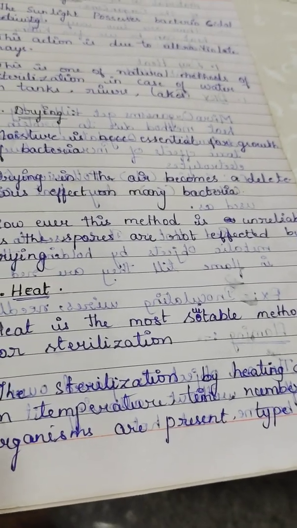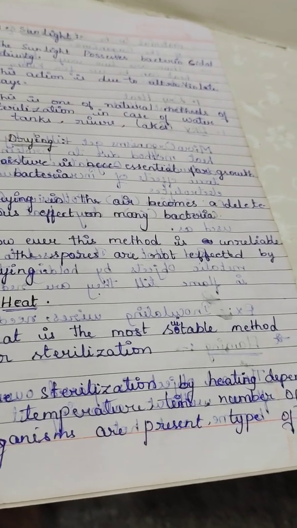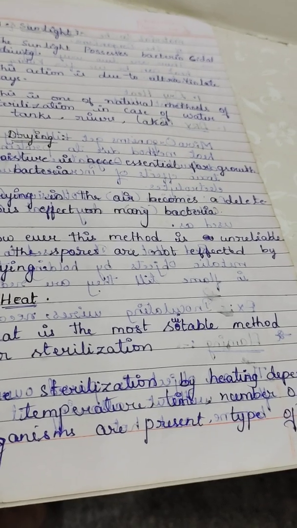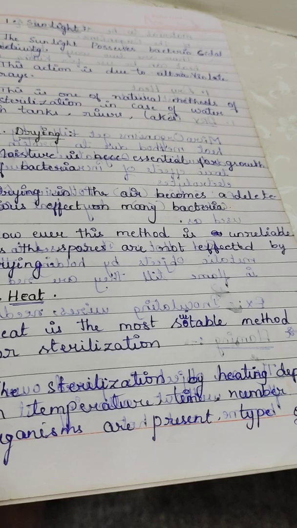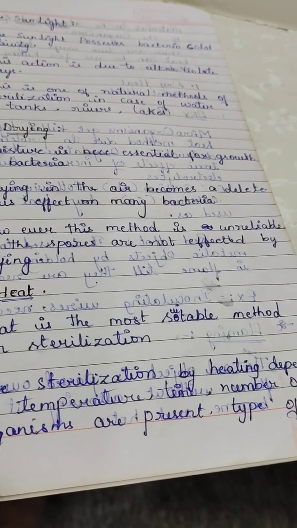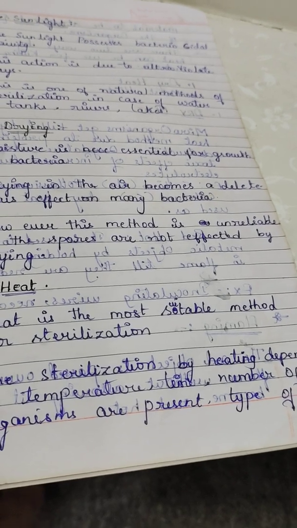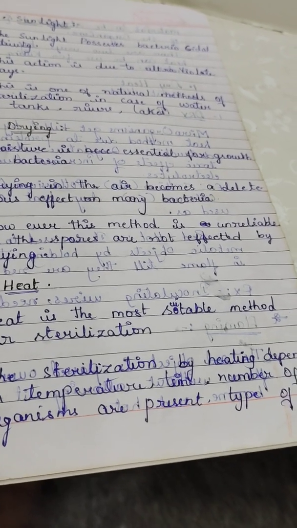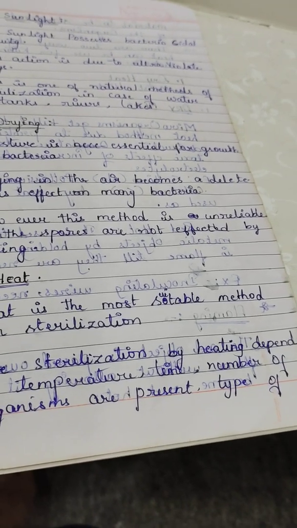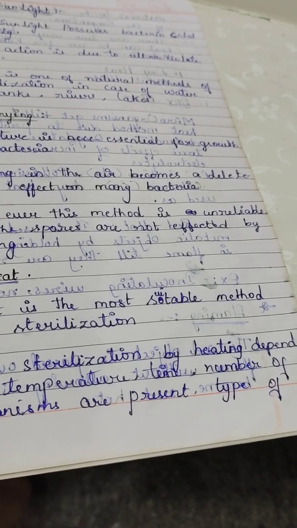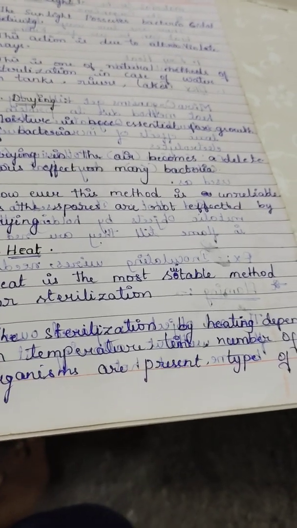And coming to the third one, that is heat. What is the difference between drying and heat? You can get a doubt here. Now we'll come to know. Heat is the most suitable method for sterilization. Drying may be natural or artificial, but heat is the most suitable method for sterilization, and sterilization by heating depends on temperature,